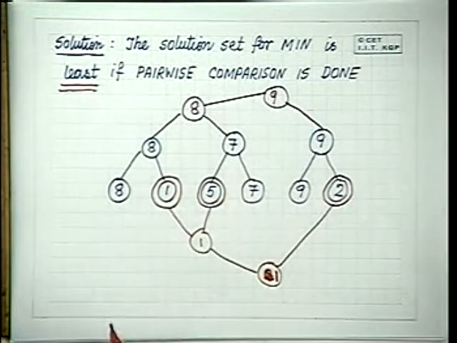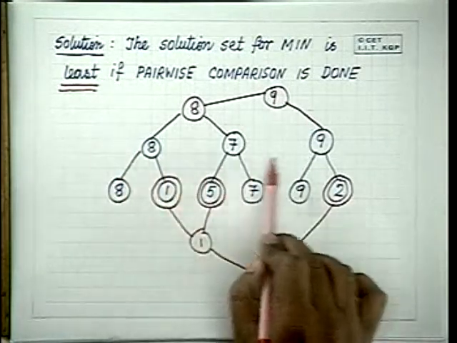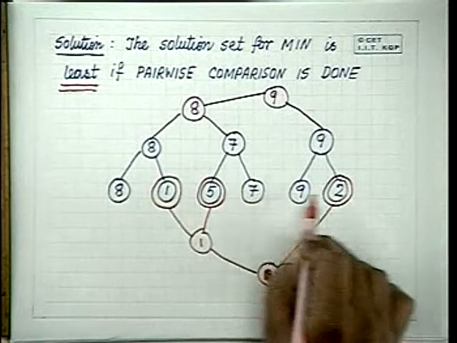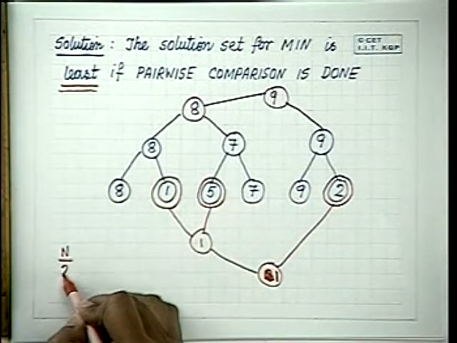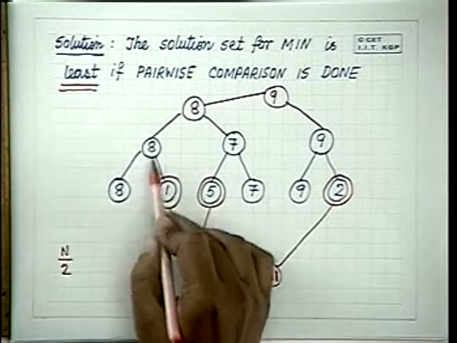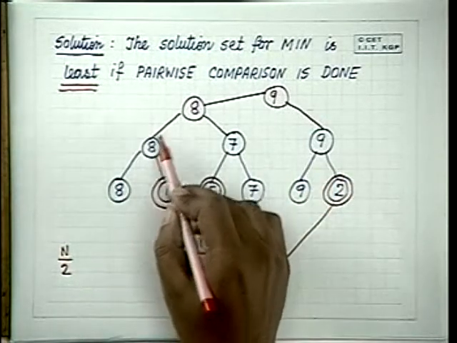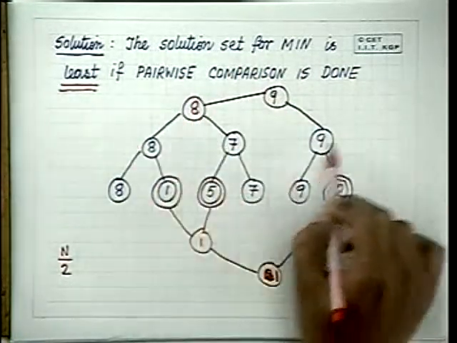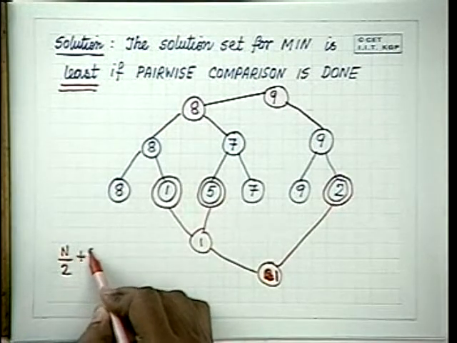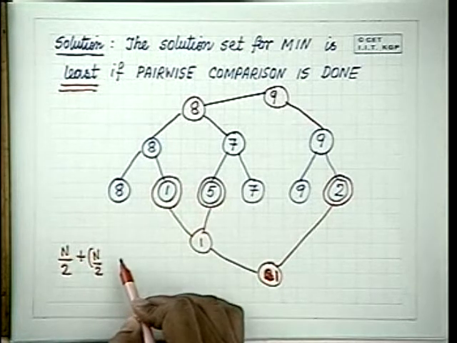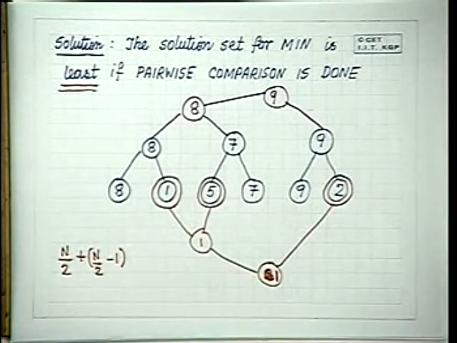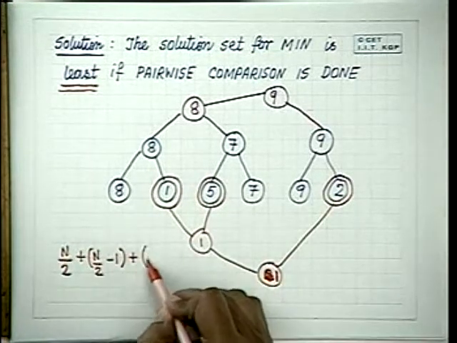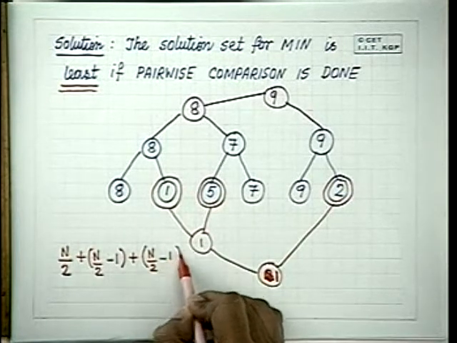And therefore, how many comparisons are you going to make? Let us say if n is even, then in the first round pairwise we are going to make n by 2 comparisons to declare the first round winners and losers, and then among these we have to declare the winner, that is maximum of n by 2 numbers. Maximum of n numbers is n minus 1. So maximum of n by 2 numbers is this. These are the number of comparisons, the rest remaining same. The minimum of n by 2 numbers, again this.